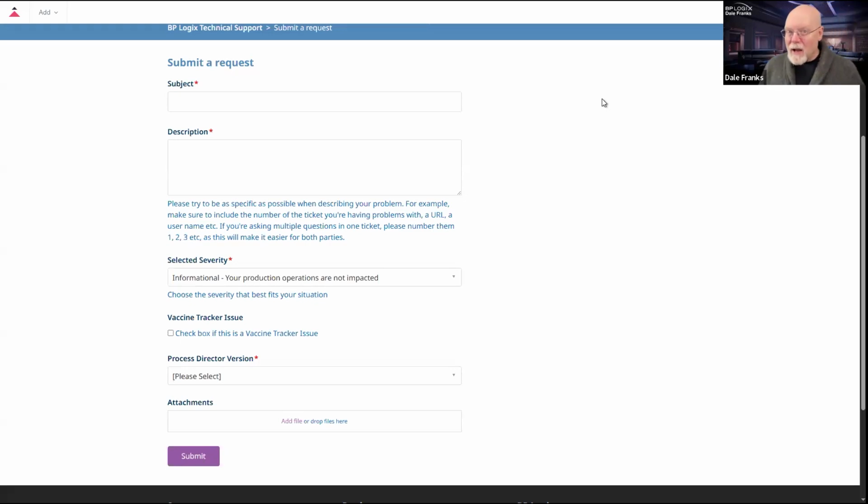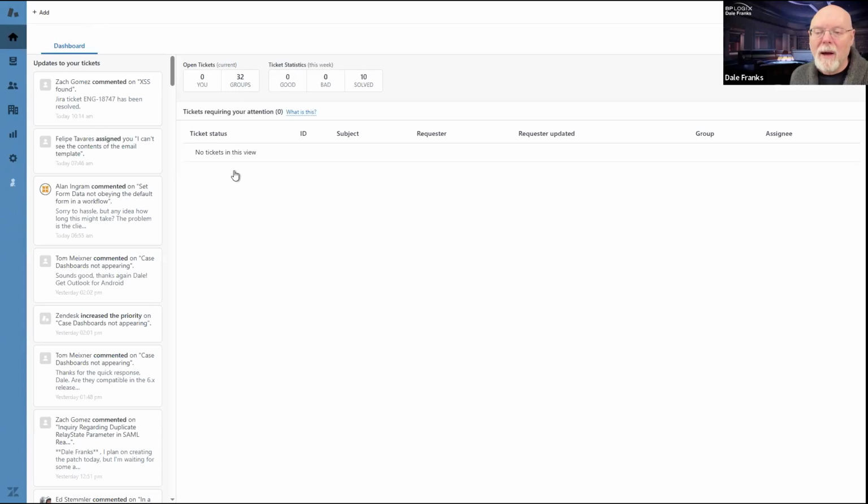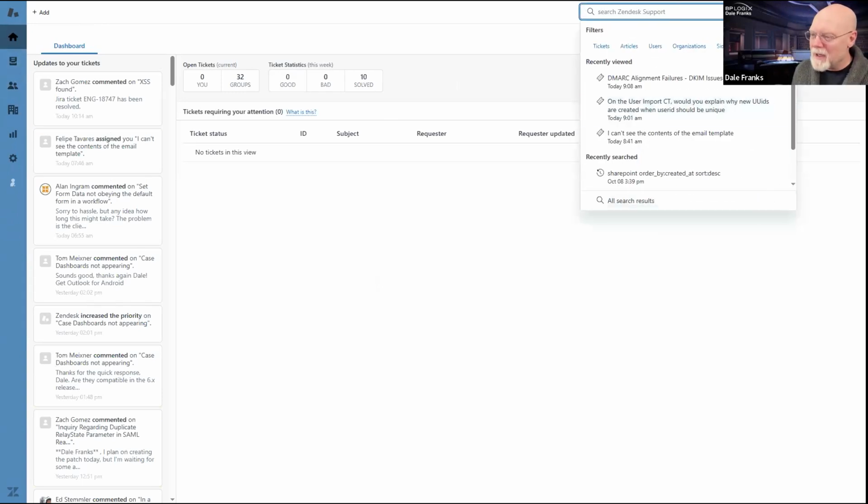Now, because of all this SLA stuff, that also means that we can't keep tickets in our queue. So I'm going to do this. I'm not sure how much of this I want to show you. Okay, great. So there are no current support tickets in my queue. All right, I'm a happy camper. All right, so let's take a look at a support ticket. In fact, is there a test ticket in this system? Because I'd rather use that.